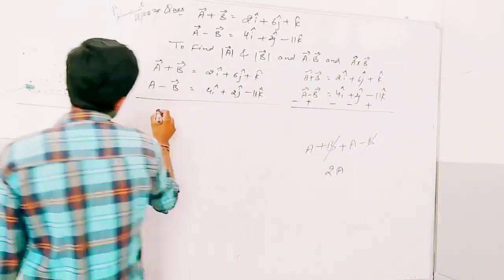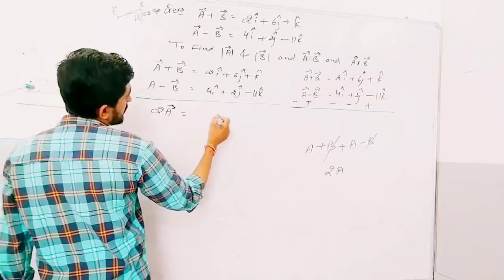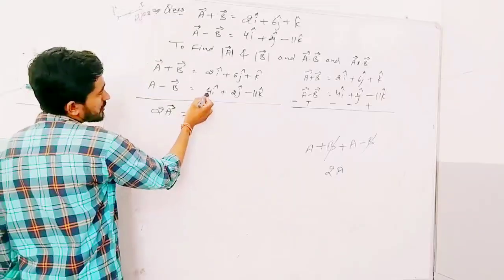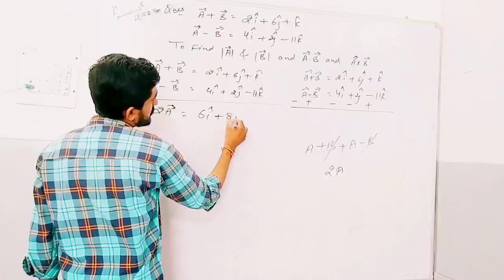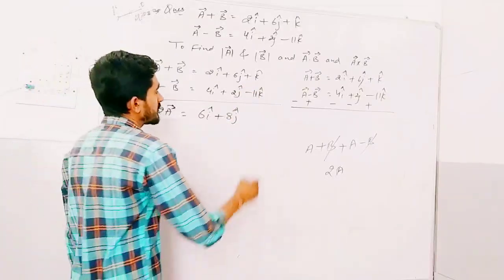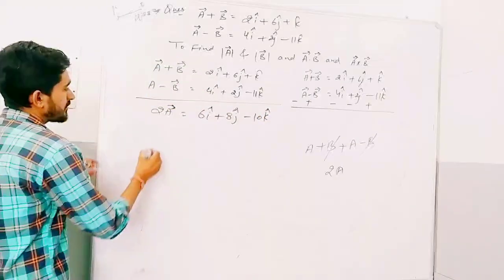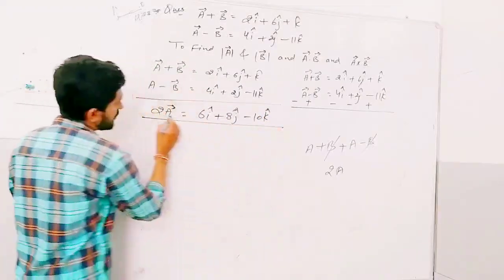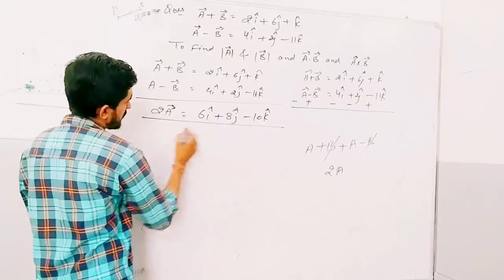Similarly, I am writing this here as 2a vector. We have to add these two equations. This is 6i cap, and this is 8j cap, and this is minus 11 plus 1, that gives me minus 10 k cap. Then a vector becomes, divide both sides by 2,